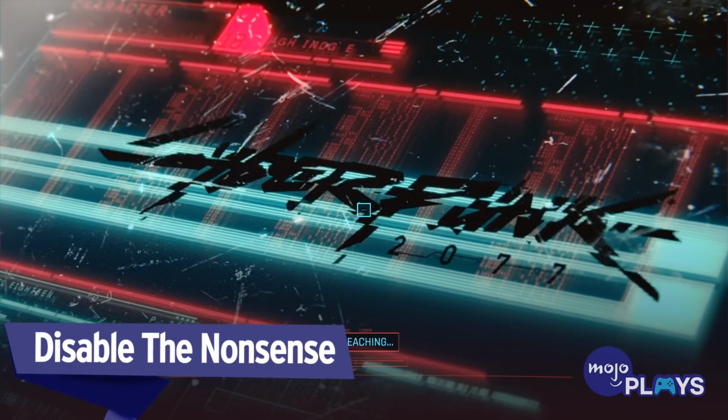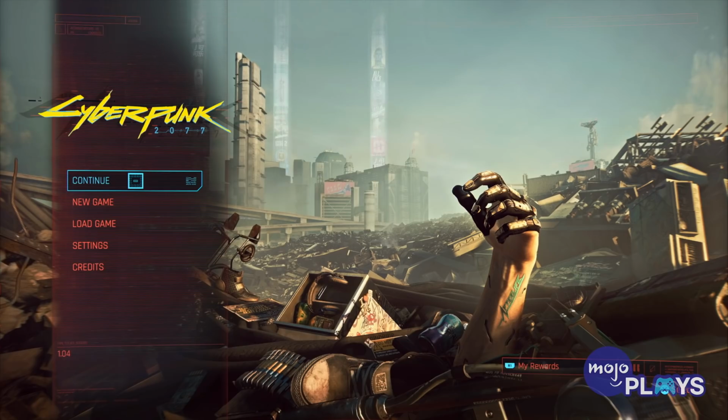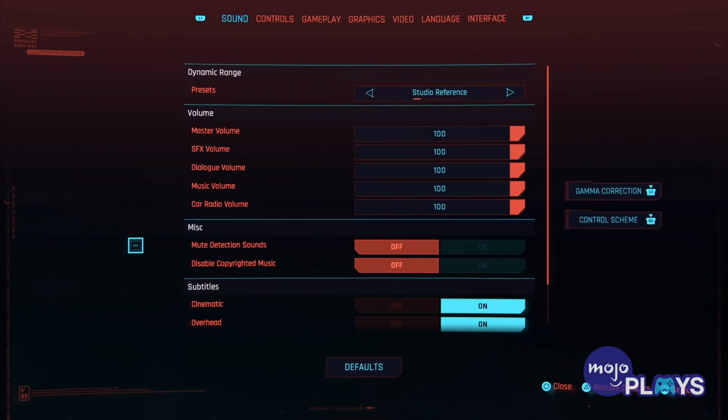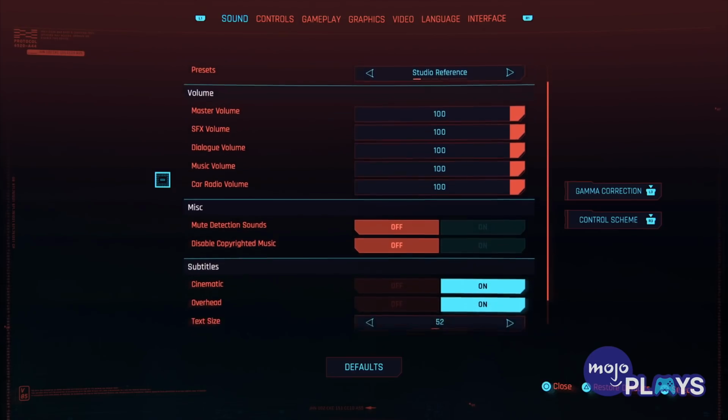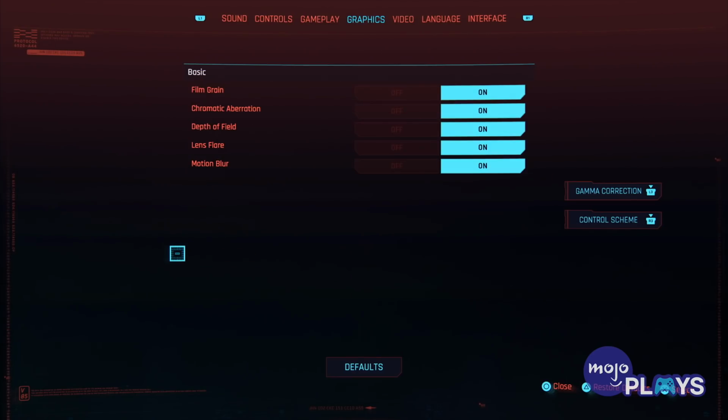Disable the nonsense! It's no secret that Cyberpunk 2077 isn't exactly the most stable game to come out this year. It's playable, but there are some performance issues. One way to mitigate some of these issues is by disabling a few graphical settings that are turned on by